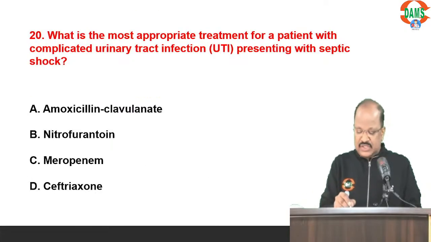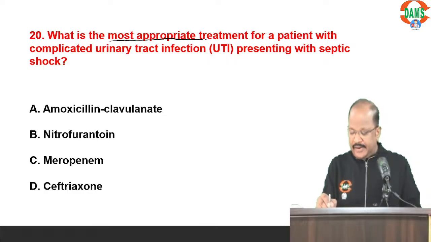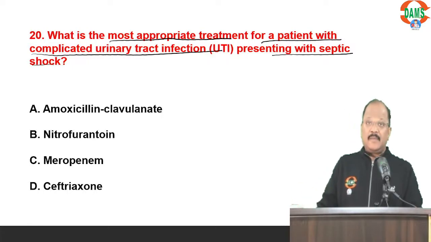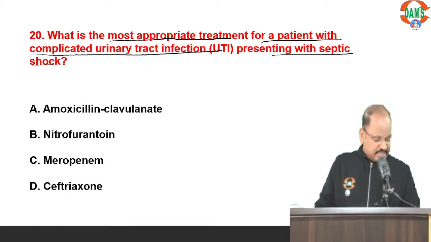Next, which is the most appropriate treatment for a patient with complicated UTI presenting with septic shock? Yeah, it's a complicated UTI with septic shock. Options are amoxicillin-clavulanic acid, nitrofurantoin, meropenem, ceftriaxone. Now the best answer,